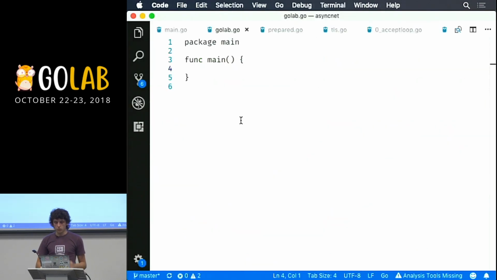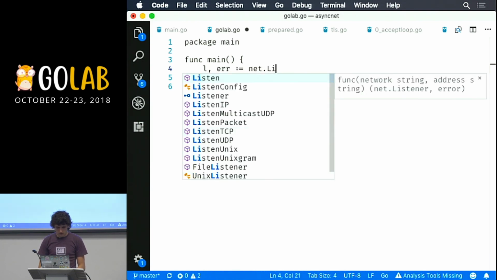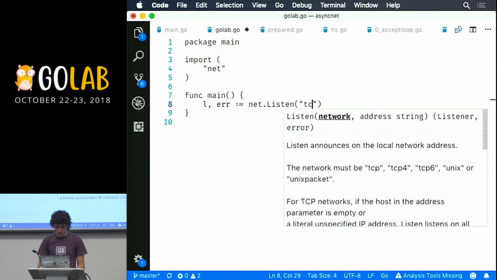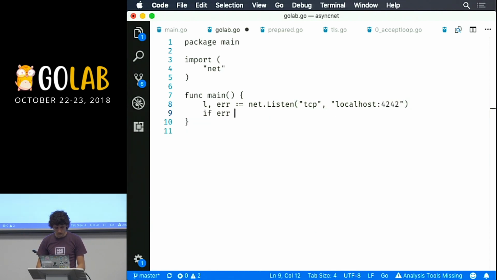Very well. So we start with our program. We start with function main, like a normal main package. And we start by getting a new listener. We say that we want to use the TCP protocol, which is the same protocol that backs HTTP, for example, because we want reliable delivery of packets. That takes care of retransmitting packets that get dropped, making sure that everything comes in order. The alternative would be UDP, which does not provide those. We check errors because, of course,